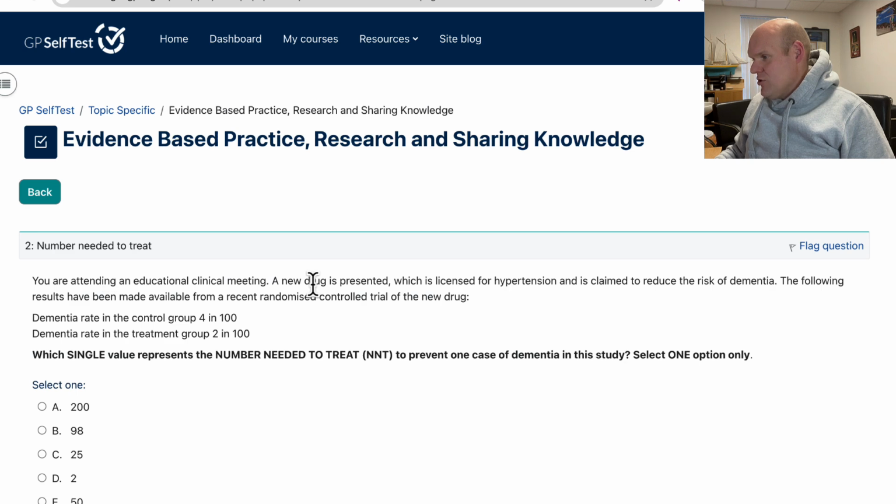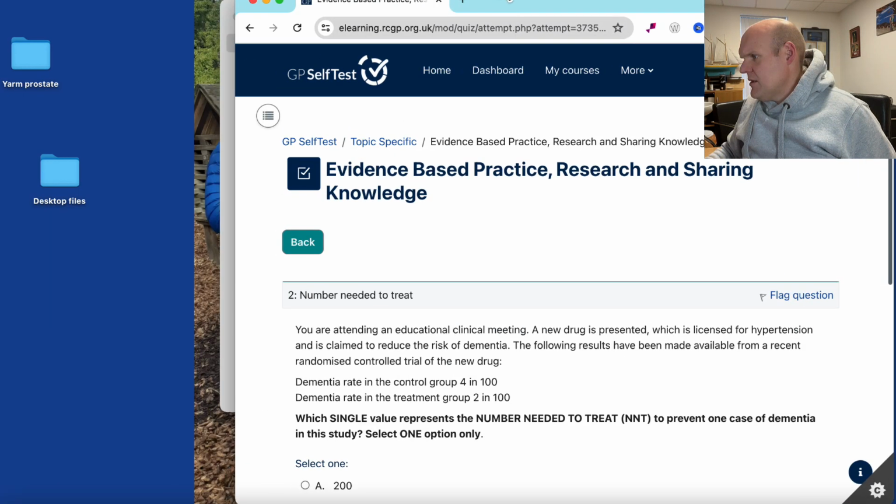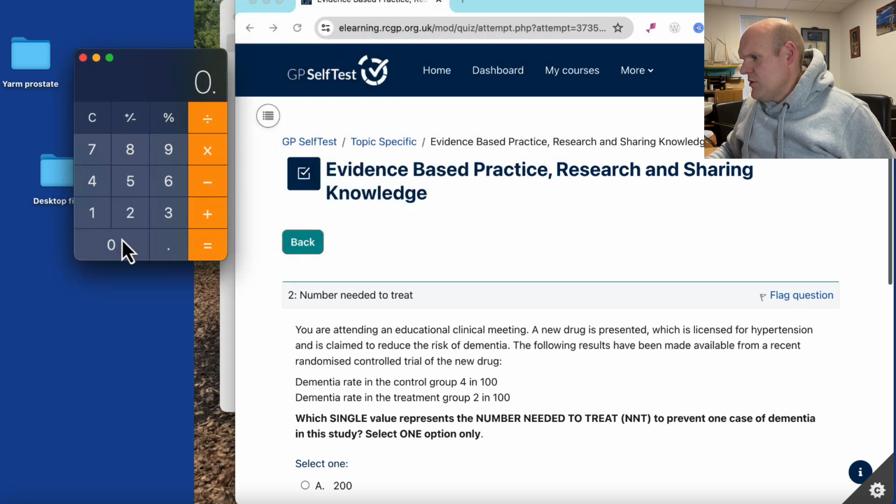A new drug is being presented, which is licensed for hypertension. The following results have been made. Dementia rate in the control group 4 in 100. Dementia rate in the treatment group, so it's the absolute, so numbers needed to treat. Right, fine, can do this one. So it is the absolute risk reduction. So 4 and, where have you gone, Mr. Calculator? Here you are. So it'd be 0.04